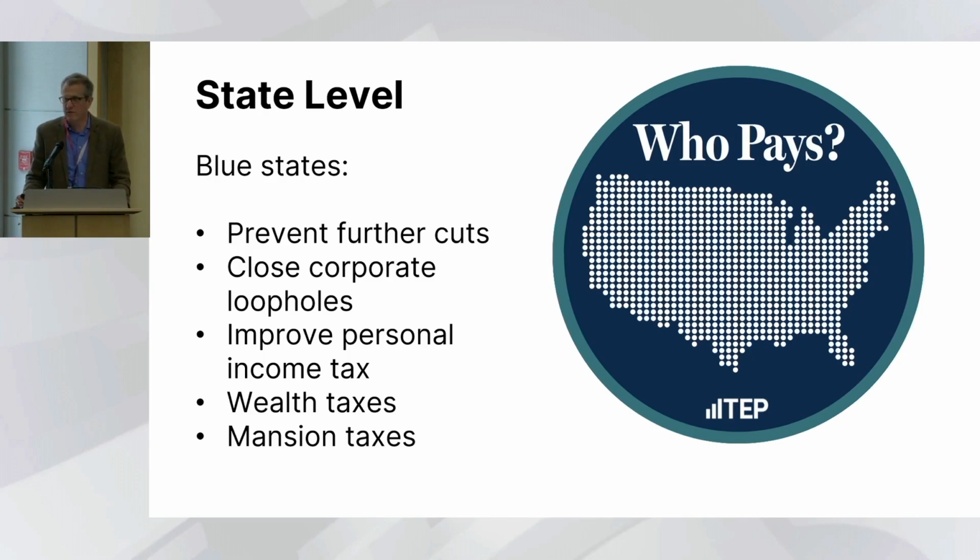Now on the blue state side, it kind of looks the same, right? You still have to prevent further cuts because we can't pretend like blue states don't love to cut taxes too. So you got to keep what you have, but then there's more options, and we're seeing a lot more innovation in some of these states these days. Certainly, you can turn to higher top marginal rates on income. That's a tried and true way to raise a lot of revenue. An increasing number of states are interested in taxing wealth, just like folks at the federal level are. This is still a little bit uncharted territory, but there's a lot of interest from lawmakers in a good handful, about a dozen or less states.